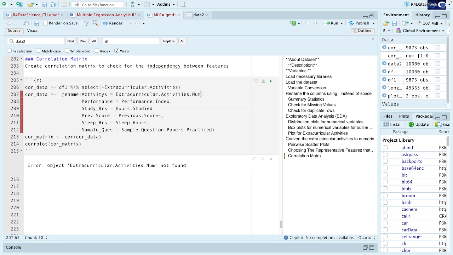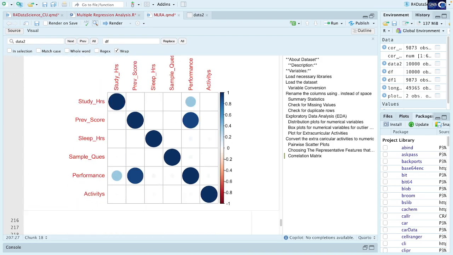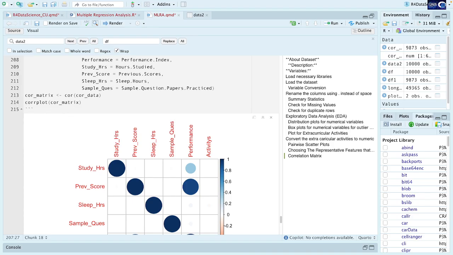Oh, okay. So it's actually core data. Sorry, forgot that. Okay, so here you can see these are actually updated with this, and we can also get the correlation